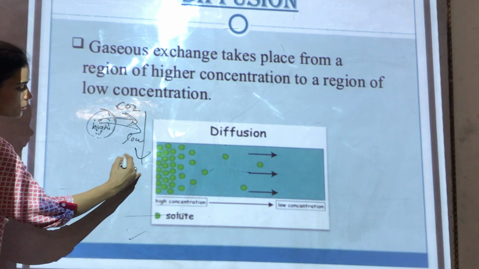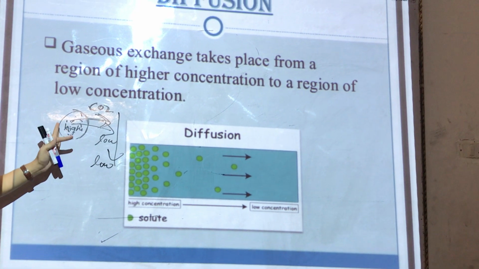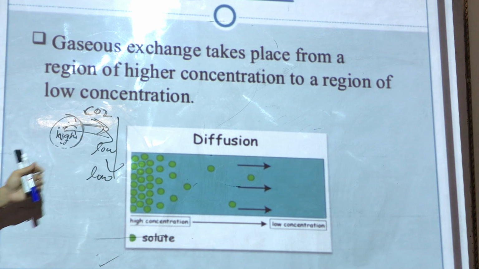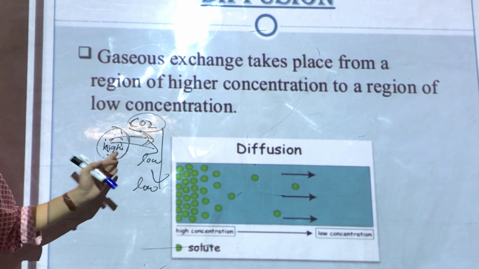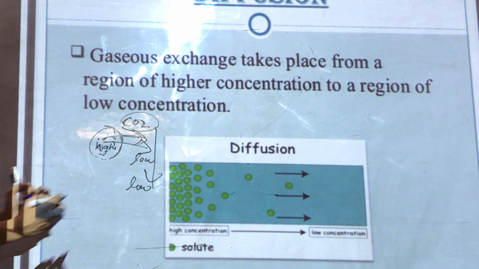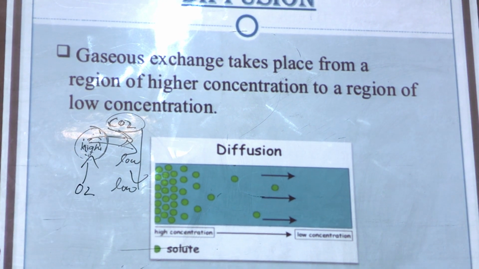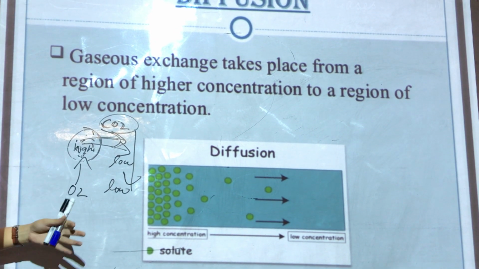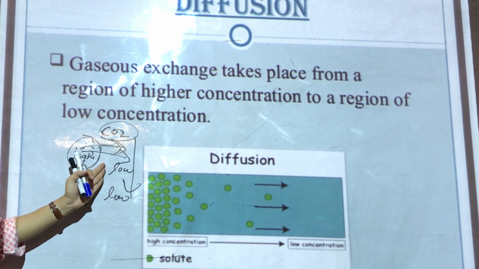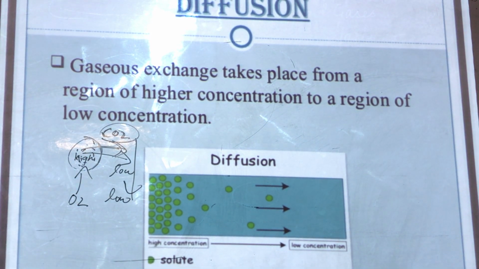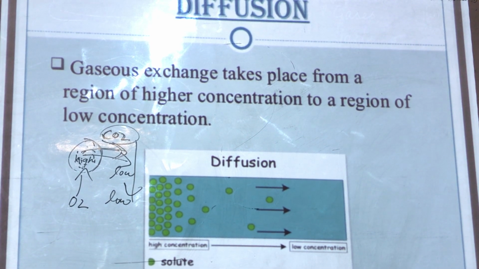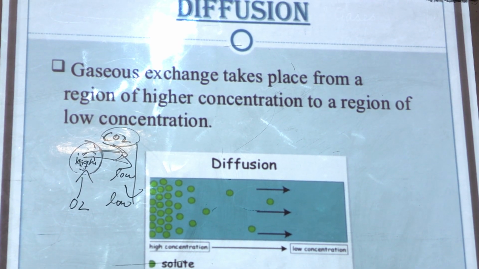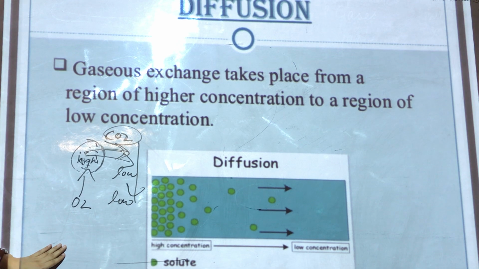In the cell's external environment, the concentration of CO2 is low as compared to inside the cell. So as soon as there is a difference in the concentration of CO2 inside and outside the cell, diffusion takes place. Similarly, oxygen enters the cell by the process of diffusion when the concentration of oxygen inside the cell decreases. That is how diffusion is very helpful, and it is a mode of movement of gases from inside the cell to outside the cell. So that is one mechanism, diffusion.